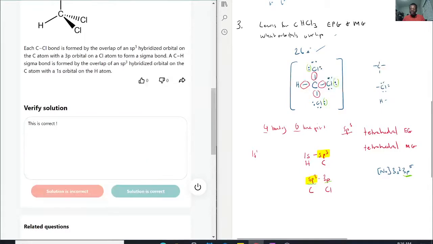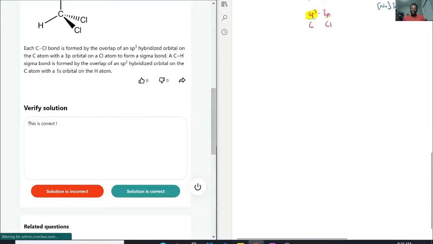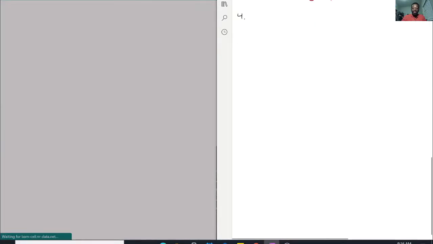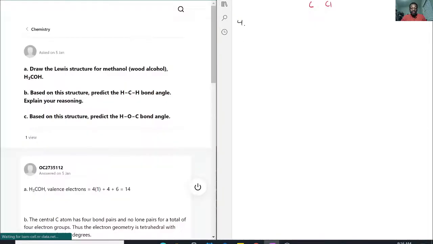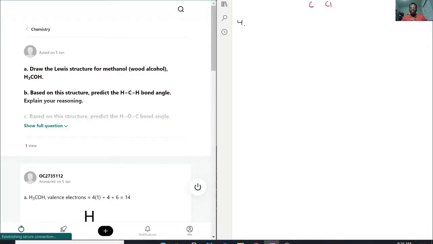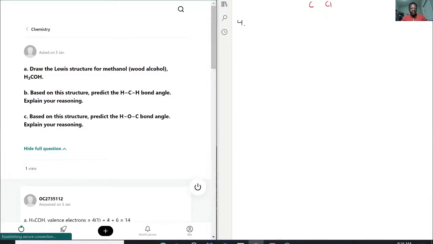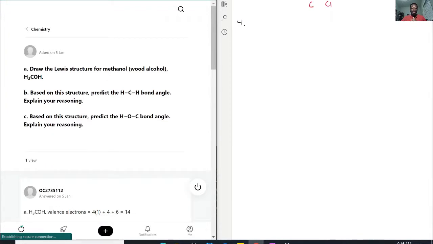So now with that being said, let's move on to question number 4. We have draw the Lewis structure for methanol, okay? And then we have based on the structure, predict the HCH bond angle. And then we also want to predict the HOC bond angle. And we want to explain our reasoning for both. So first we have Lewis for methanol, which is